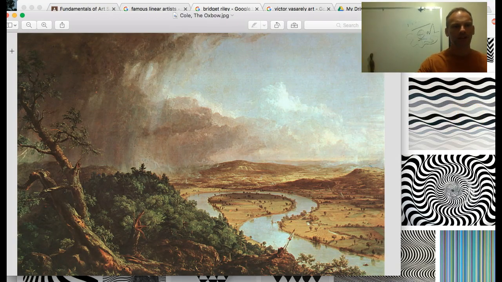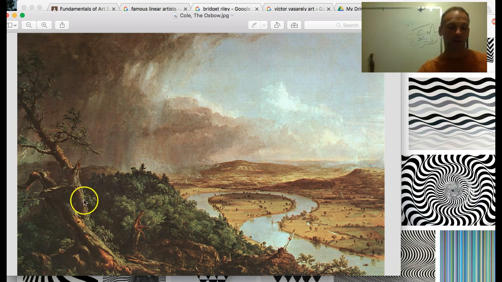And then lastly, the idea of a line defining an edge and a line leading a person's eye can be seen in this work by Thomas Cole, the Oxbow. The Oxbow, the river itself, is a curvilinear line. It varies in width and appears to move from the distant background toward the foreground. Also, we have this edge of the foreground, which is green and full of vegetation and foliage. That edge stands out as a diagonal line, as do